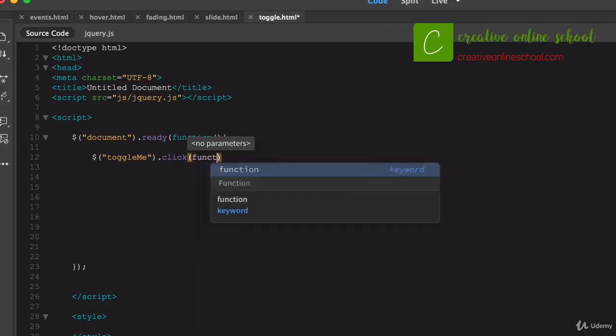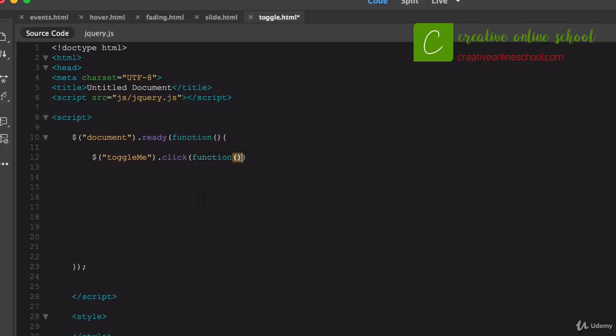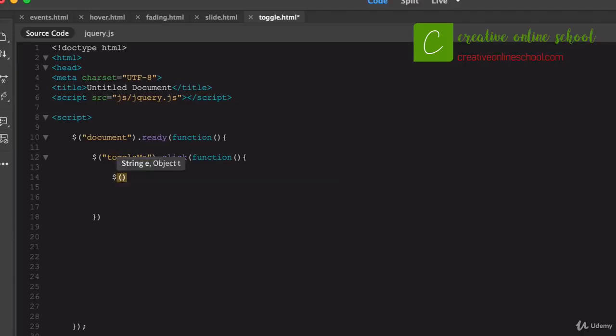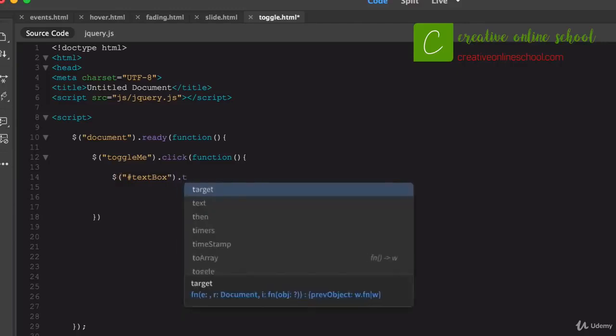So within there I'm going to say a function, open and close the parentheses, open and close a curly bracket, and within toggle me, when somebody clicks it, we're going to create a function that's going to say, actually we'll target our text box, and we will say, give it the property of toggle,